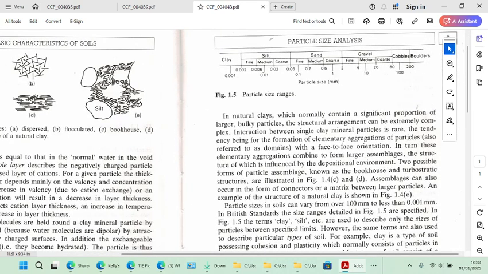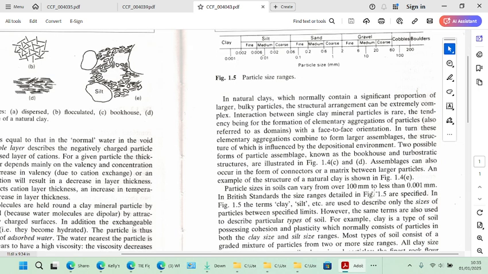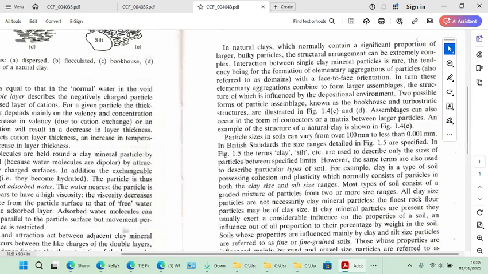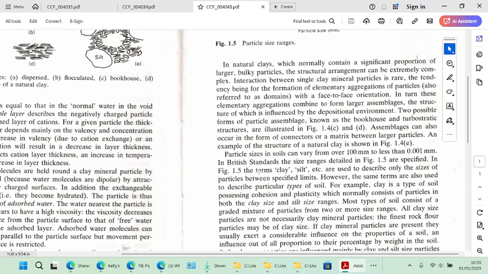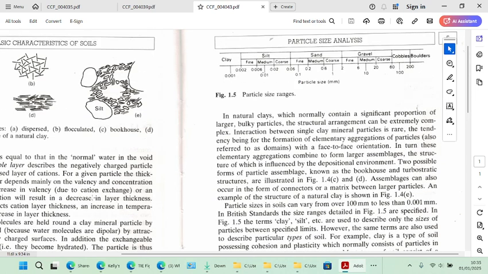Assemblages can also occur in the form of connectors or a matrix between larger particles. An example of the structure of a natural clay is shown in figure 1.4a. Particle sizes can vary from over 100 millimeters to less than